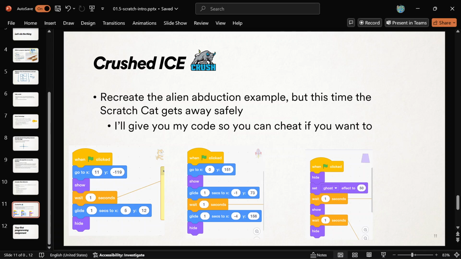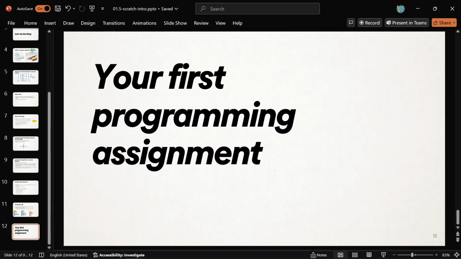Would anybody like to share what they did? Was it super cool? You want to show it to the class? Let me know if you would like to. We can find a way. Like get on Zoom, you can share your screen or something up here. But yeah, if we're all too shy for that, I would like to just give you your first programming assignment